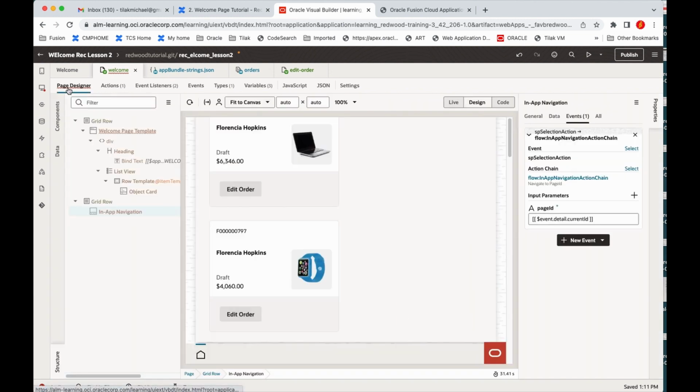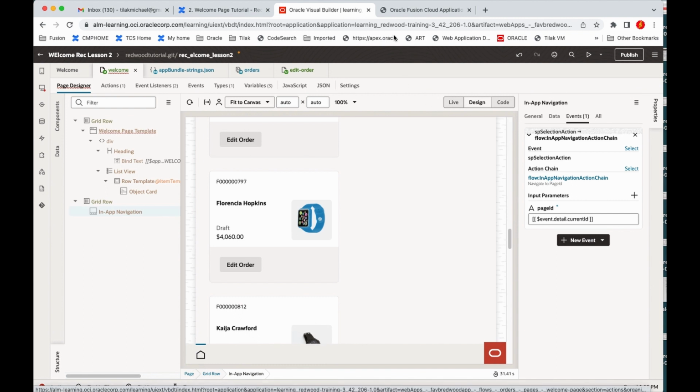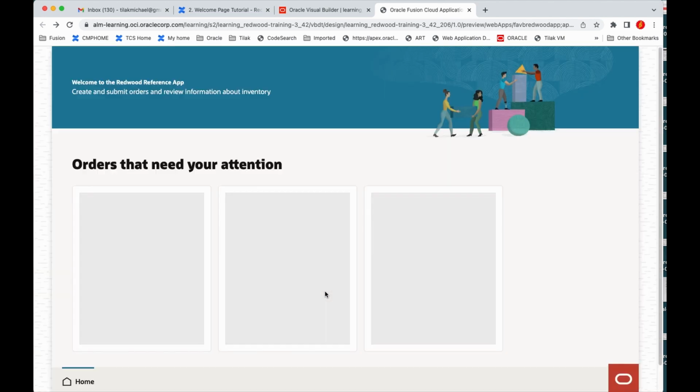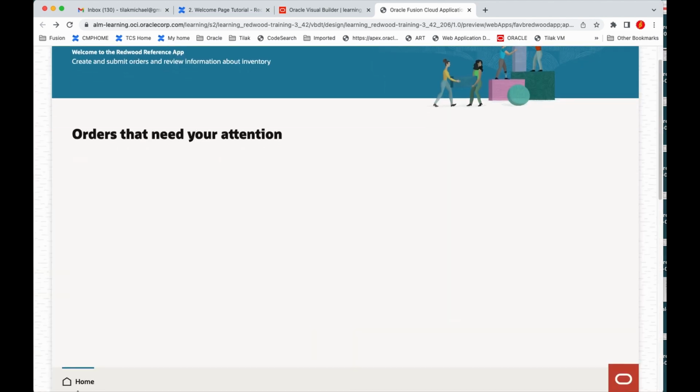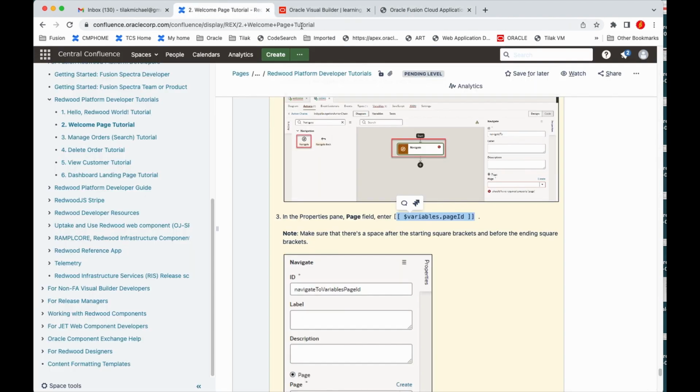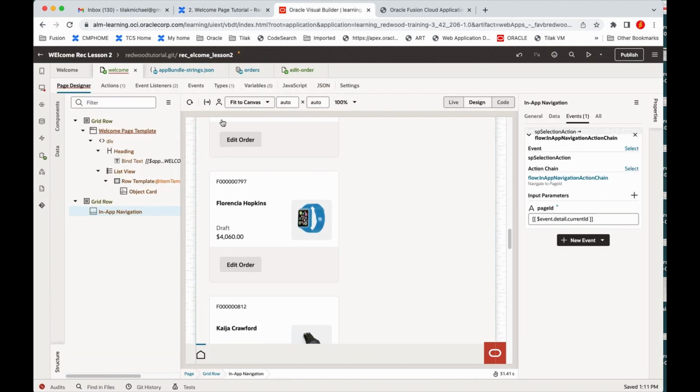Okay, now we go to page designer. Now I hope this works. Let's see. Okay. It says welcome page. It is working here. How do I know it's working or not? There's one way of checking, because you are coming back to the same page, so you don't know whether it's working or not. So one way of checking that is you go to that